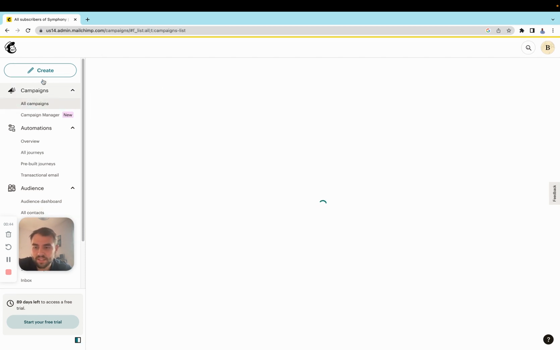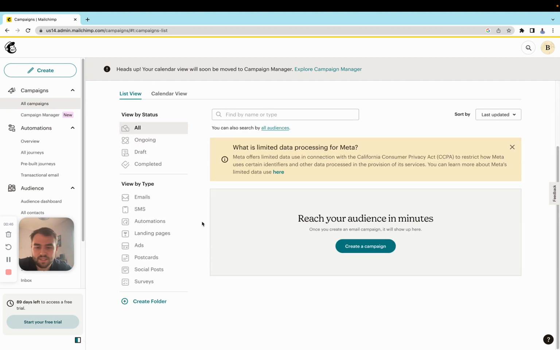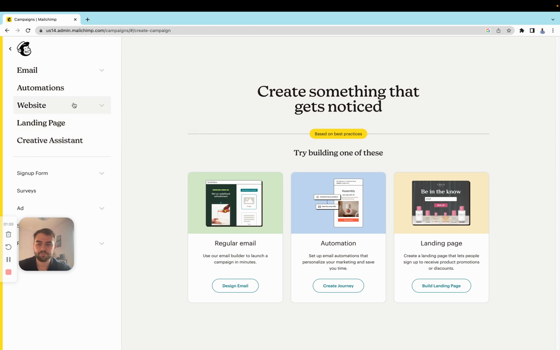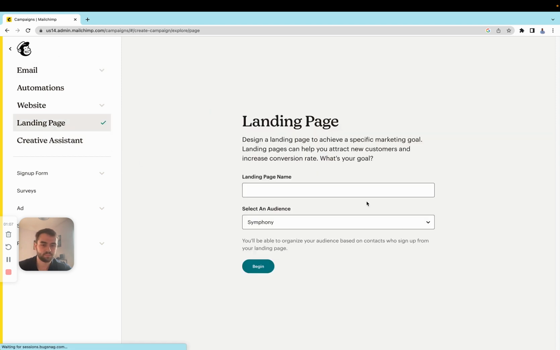So let's go ahead and show you exactly how to get people to join your email list. What you're going to want to do is create a landing page. You can either add people manually or you can get people to sign up using your landing page and fill out a form. So if I press create, then we're going to press landing page. So we've got it over here, build landing page. And we're just going to call this sign up